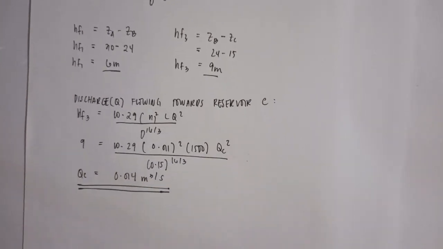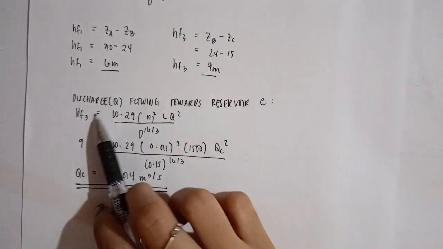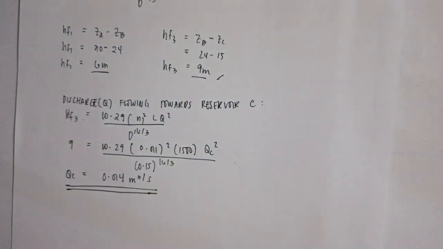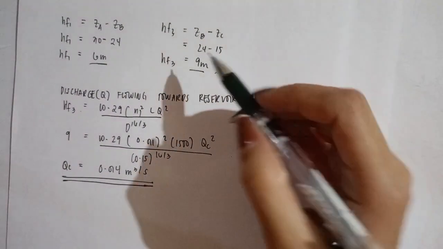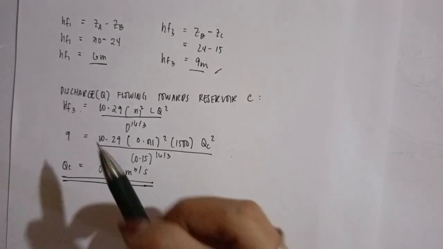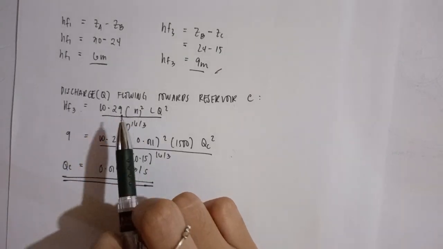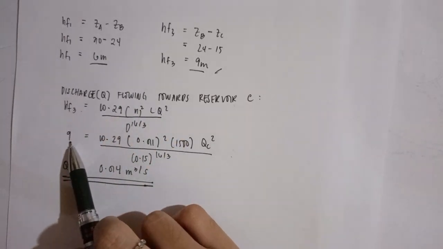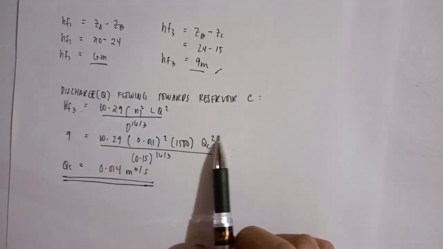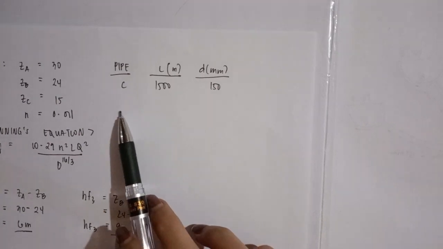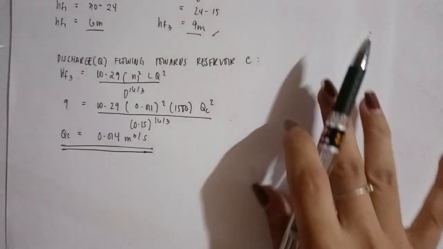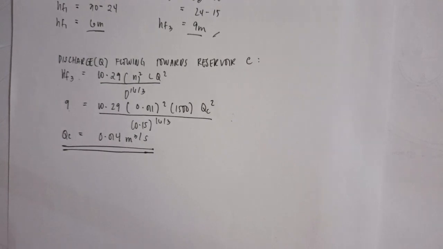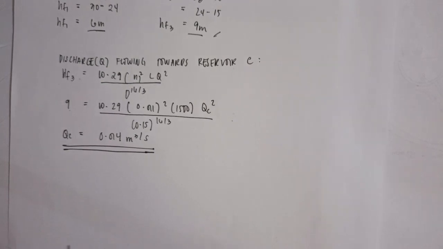So we're just going to simply substitute it to our equation. What we are going to find is the discharge flowing towards reservoir C. So HF3 is equal to 10.29 n squared LQ squared over d to the power of 16 over 3. So 9 here is equal to, and we input all the values. This is the properties of pipe C. And we have an answer that QC, or the discharge flowing towards reservoir C, is going to be 0.014 meter